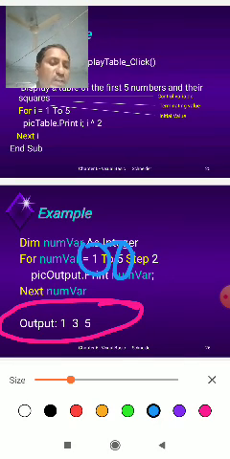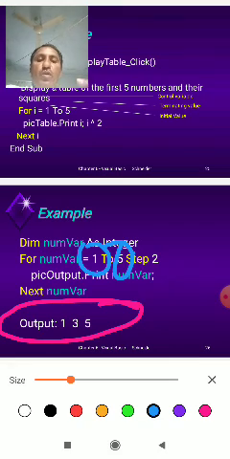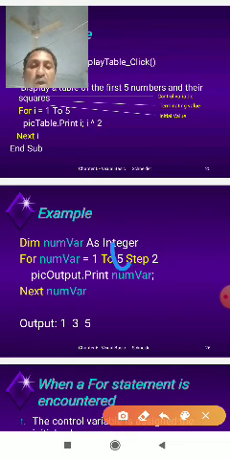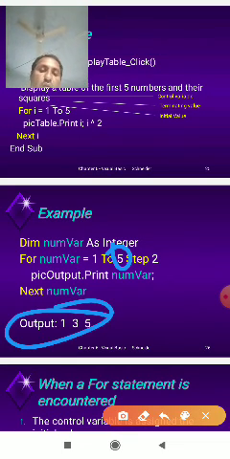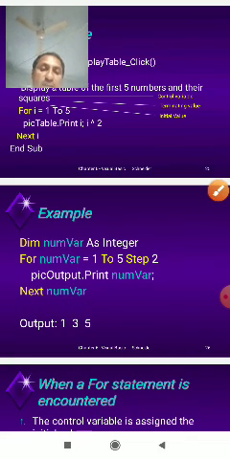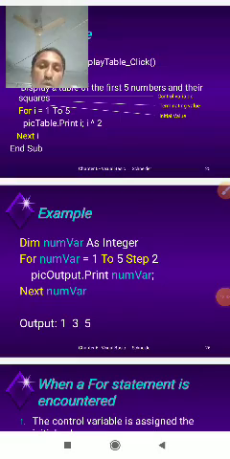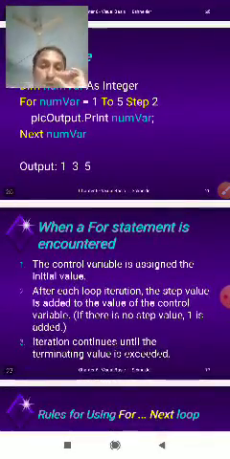An odd number always ends in a last digit like 5. So the number variable gives 1, 3, and 5, and the end number is 5, giving 3 outputs. This is called an odd number.